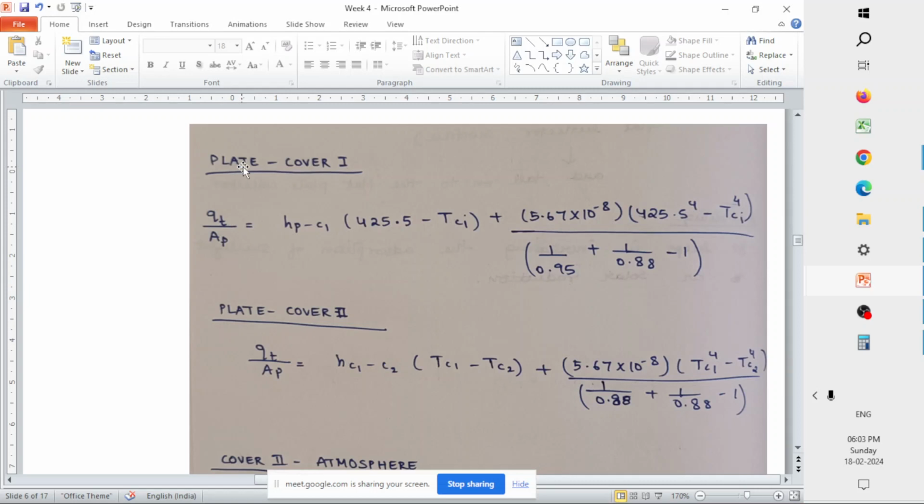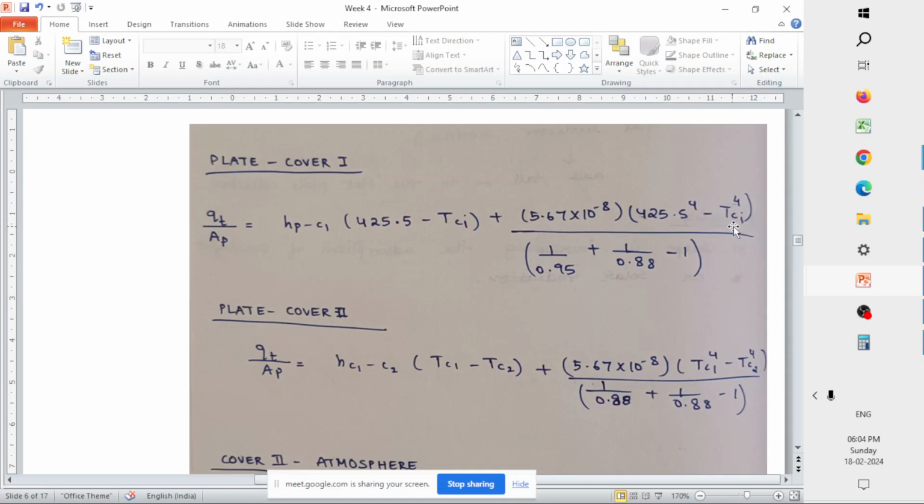So here for plate and cover 1, that is the radiation moving from plate to cover 1, the heat transfer coefficient between the plate and cover 1 is calculated as QT by AP is equal to HPC1 times (425.5, your TPM, that is your mean plate temperature, minus your temperature of cover 1) plus 5.67 into 10 power minus 8 into TPM, the mean plate temperature of the absorber plate, 425.5 to the whole power 4